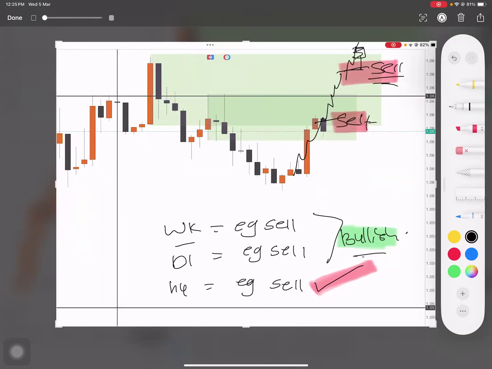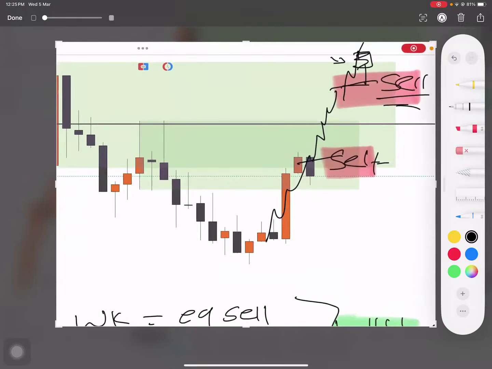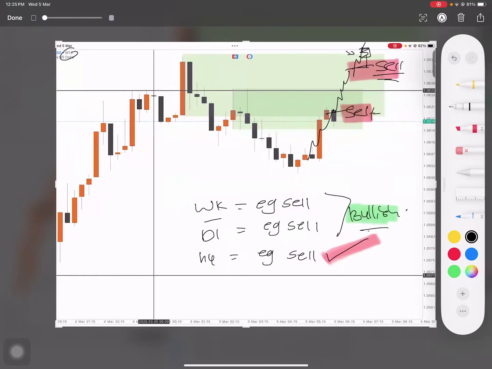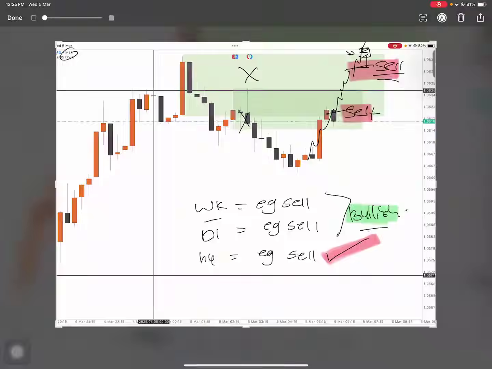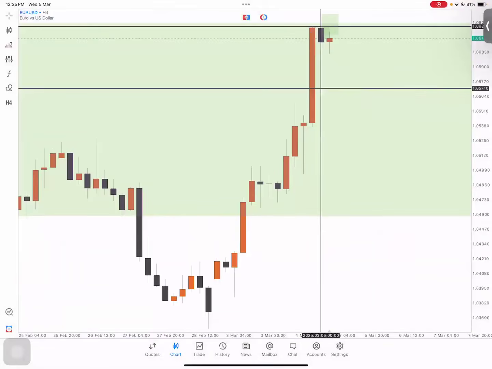Wait for the closing candle, okay? This is M15, right? So let's say you already entered here, then suddenly at 1 p.m. price already breaks out your zone. Break out like this one, you know already you need to cut loss because this zone is not valid for selling anymore. But there's still a catch. Even if price already breaks out this M15 zone, if you open on H1 or H4,